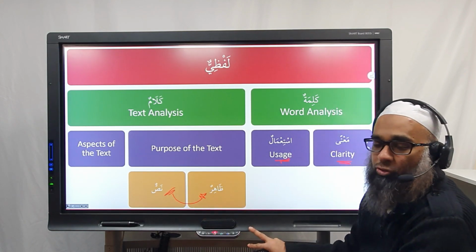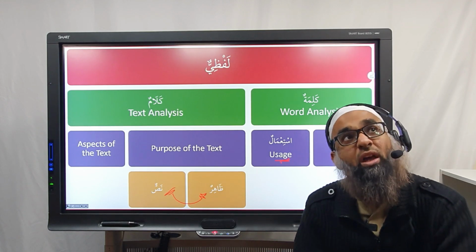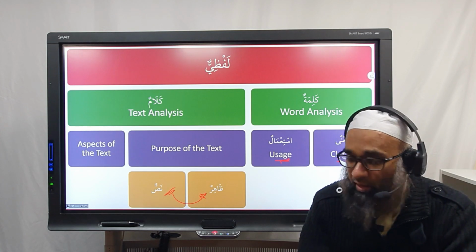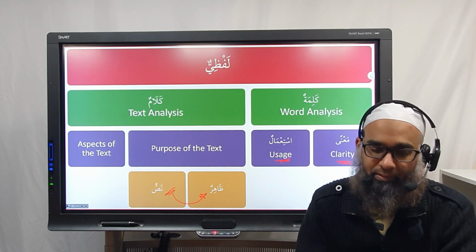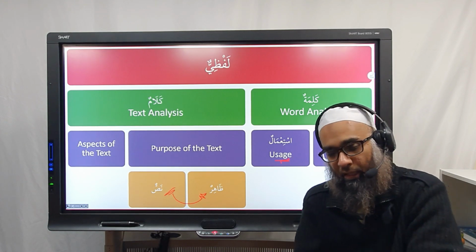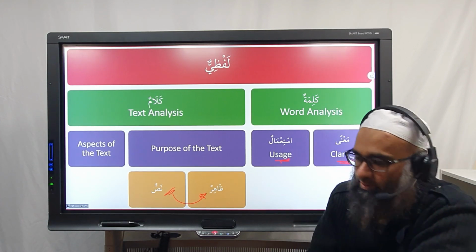So the nas is going to be stronger than the ظاهر. So therefore, if you ever have a contradiction between the nas of one text and the ظاهر of another text, preference will be given to the what? The nas over the ظاهر. And we do more examples in Usool Shashi, but for now you got the basic idea regarding ظاهر and nas. Understood? Any questions regarding this?